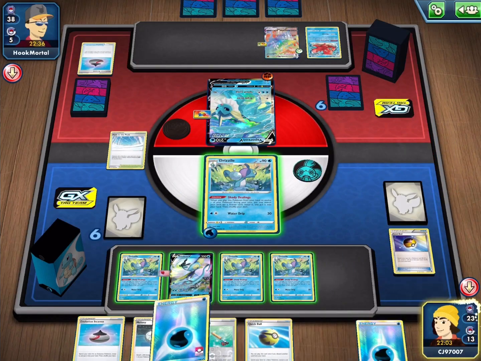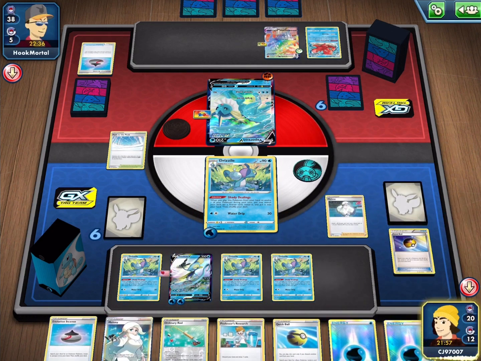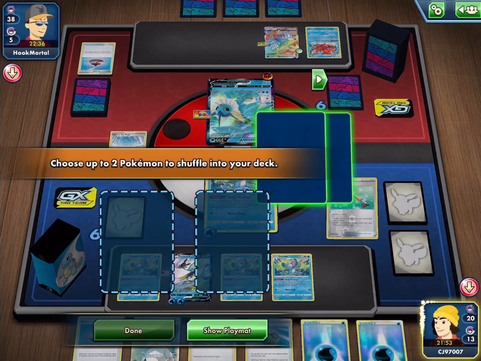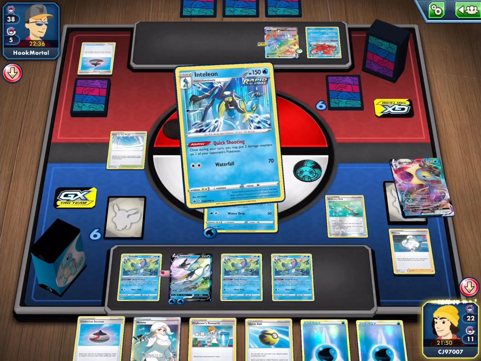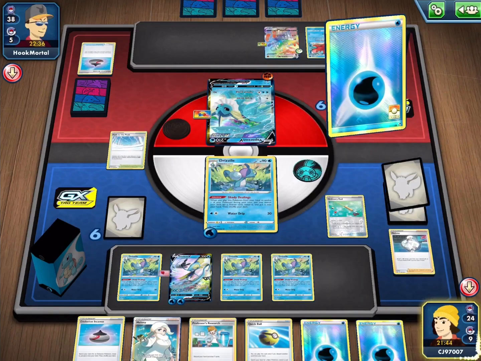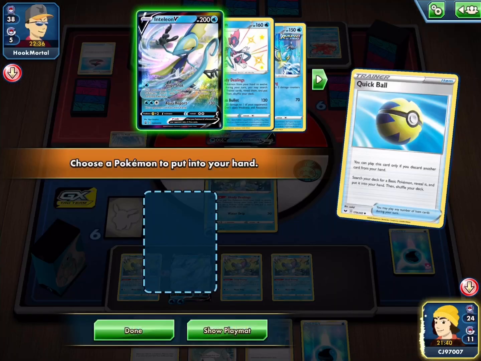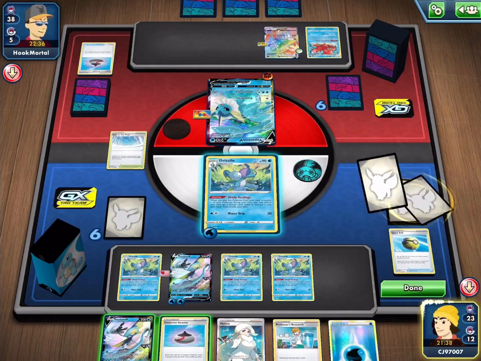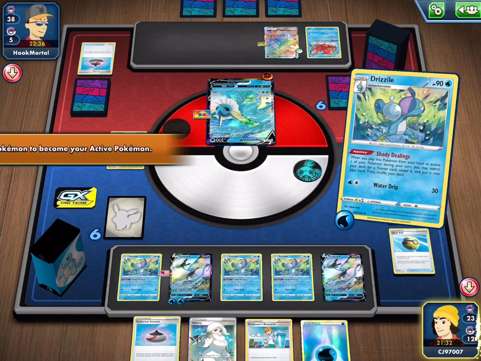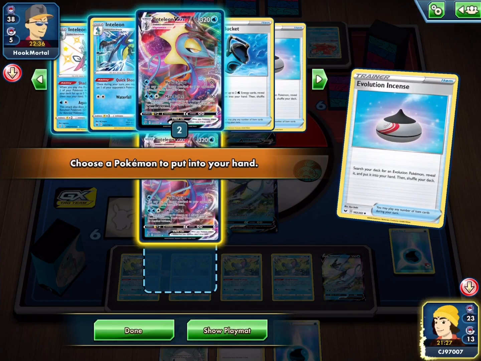Now we do have to attach some energy, of course, so we can use the Melanie here to get the double attachment onto our Inteleon V before using our Ordinary Rod and shuffling in the 2 Inteleons from our discard pile back into the deck. We do also get a couple of energy out of the discard pile and back into the deck. Go for the Quick Ball, discarding a Water. Now I do realise that we did just shuffle in some Water, but I do want most of them in the deck, and of course we can always retreat here and go for our Evolution Incense, grab out the VMax,